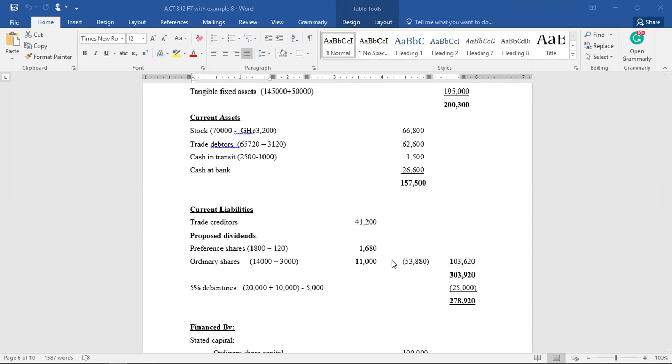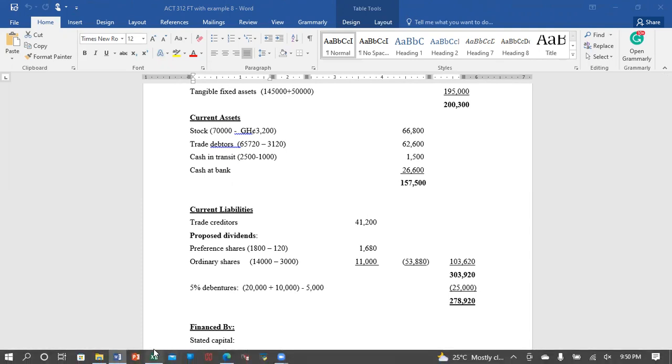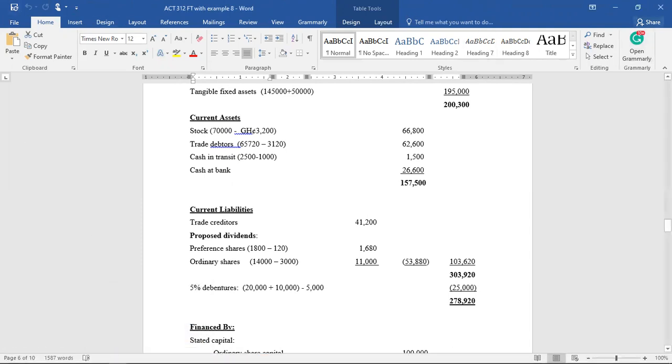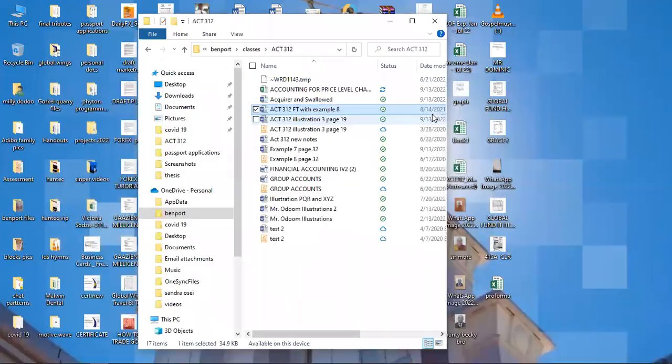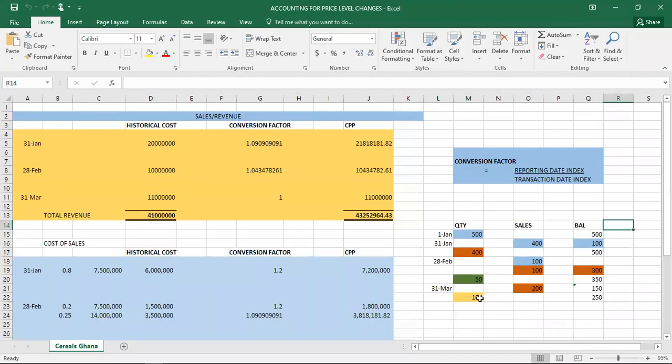Then which one again do we talk about? Which one again did they send to me, so that I can talk about it briefly before I end my Zoom session? Then, yeah, somebody also asked me a question in connection with price level accounting. I think that one we did in class, so I will not waste much time on that one. But this is basically what we did in class.